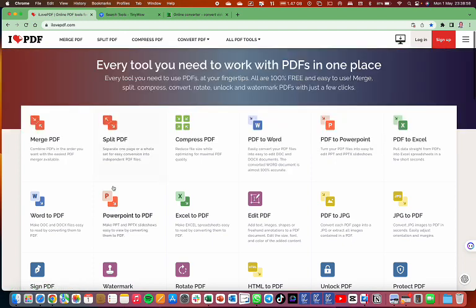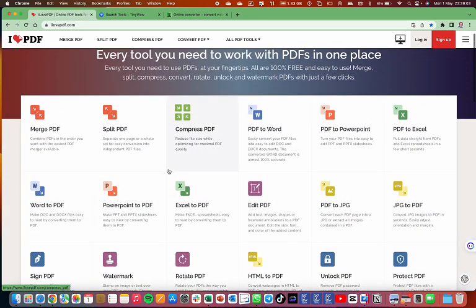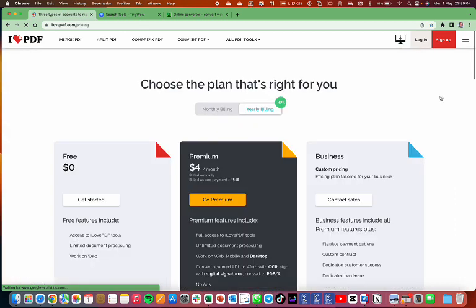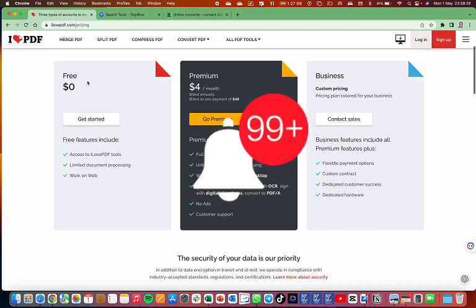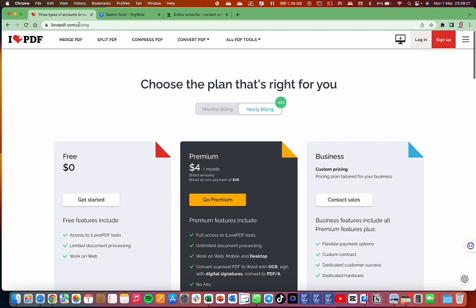So please go ahead and access it for free. You'll do all the basic features, but they offer an extended one with a price that is $4 per month. So it is billed annually at $48. You can go for the premium one if you feel like this is the fit for you, but you can start testing it out with the free version, which is having the basic features, and there you go. Then we move to the next one, that is